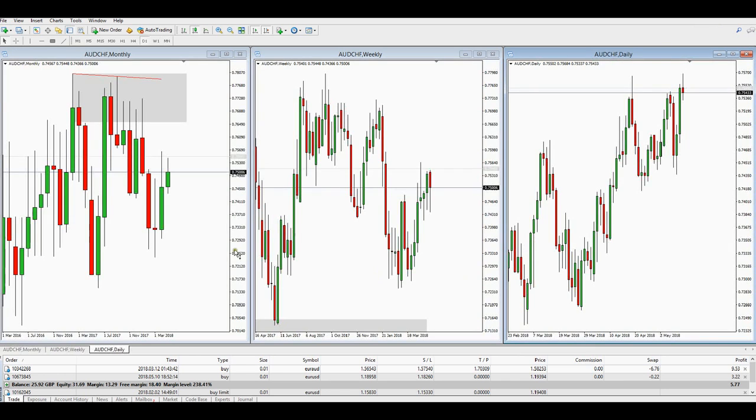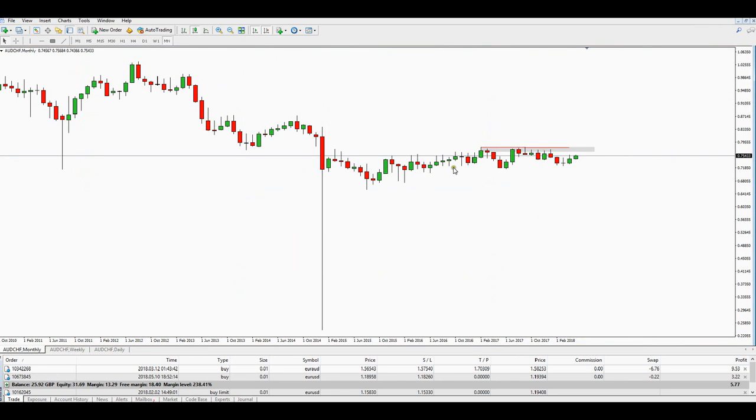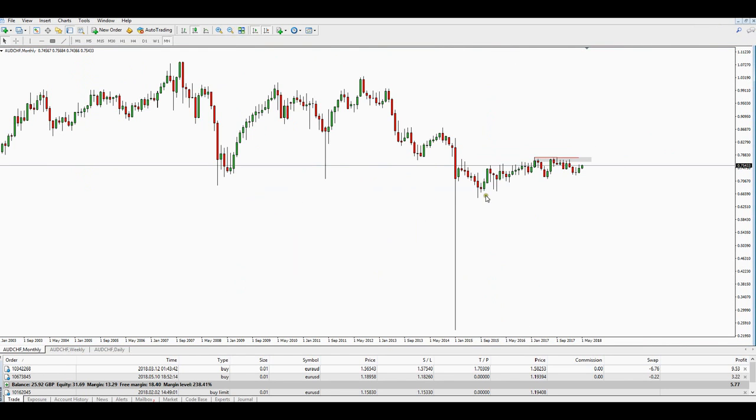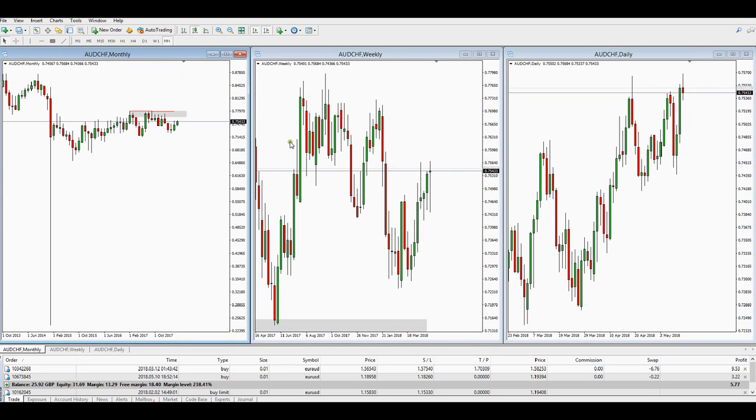The Aussie Swiss, again, well established range. I mean, ignore this stupid wick this broker's done, and I'd be phoning them up if I had a trade and this happened. Anyway, not unless I took profit down here. Got to keep your mouth shut. Anyway, this is definitely again long-term range bound, same as the other Aussie, and it's on its way up at the moment